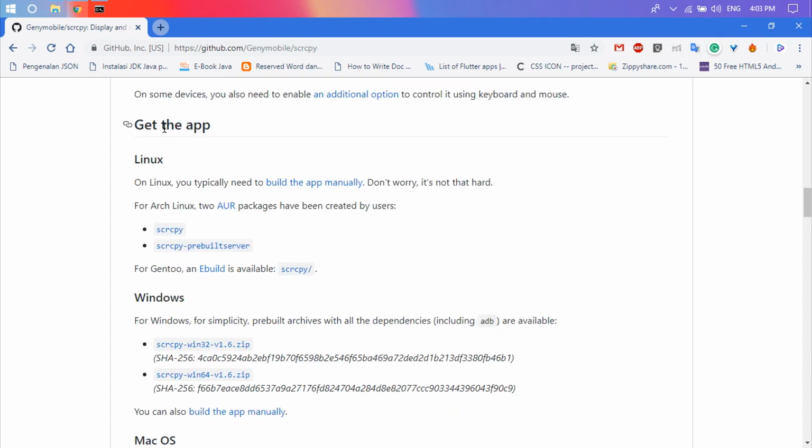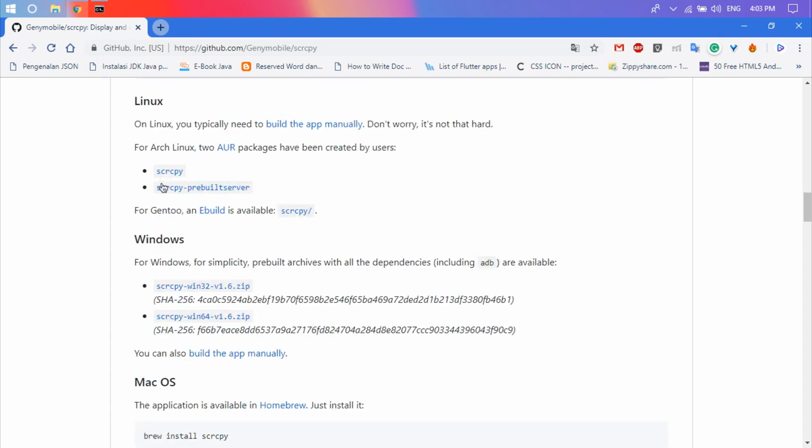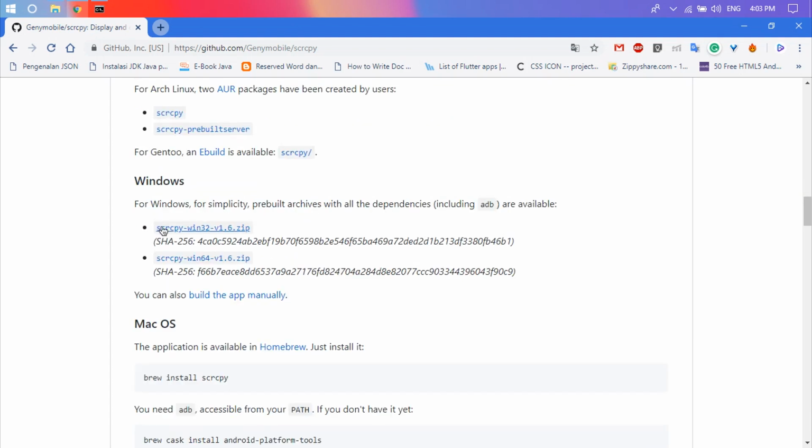Okay, here is how to get the app on Linux, but because I use Windows, I skip Linux. For Windows, for simplicity, pre-built binaries with all the dependencies, including ADB, are available. So to make it easy to run Scrcpy on our computer, we just need to download one of these files based on the system.